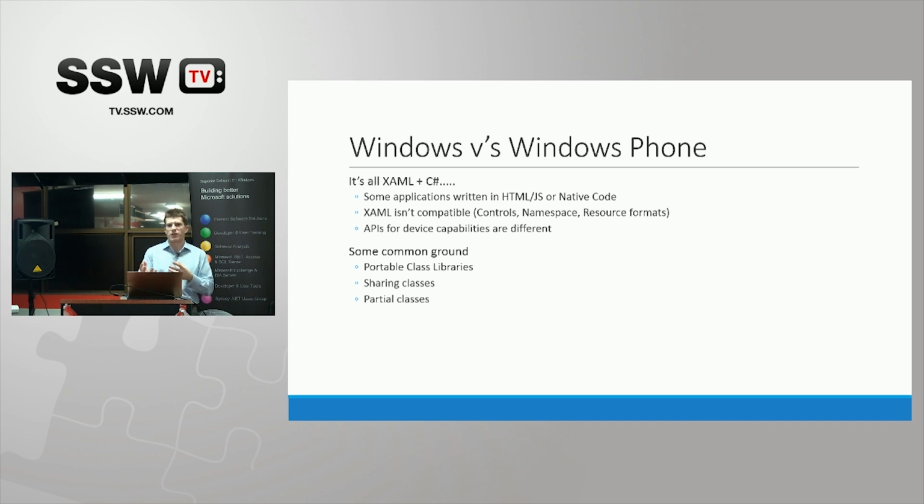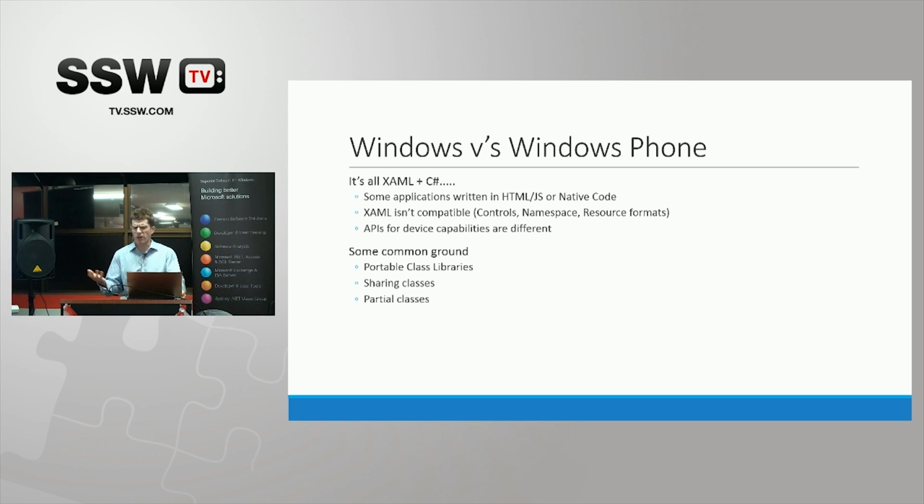The UI for Windows 8 is a little bit different from Windows Phone. It doesn't have any of the nice built-in controls like the panorama or the pivot control. So there's a lot more custom XAML that we have to do to get the same look and feel as the core platform. There are also other applications for Windows that are written in HTML, JavaScript, or in native